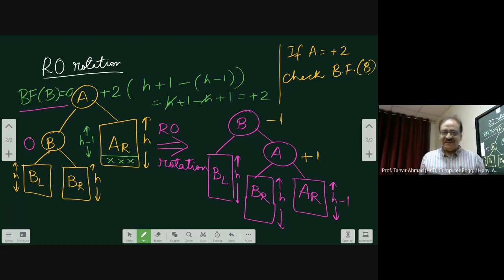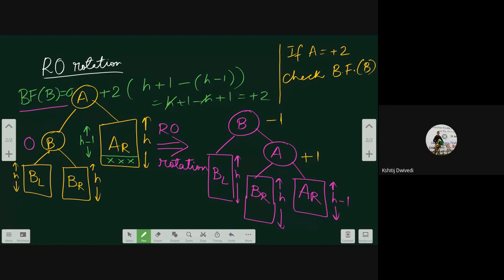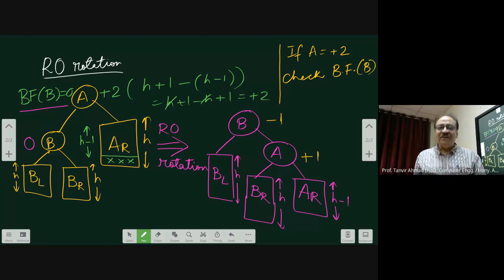When the right side has two nodes and the left side has one node. That means what you are trying to say, you say it very clearly. L0 rotation. Mirror image. L0. In L0, A will have minus 2. In R0, A will have plus 2 because you are deleting on the right side. Therefore, the right will become less than left. And if right is less than left, obviously it will be positive. Then you check the balance factor of B, which will be equal to 0.